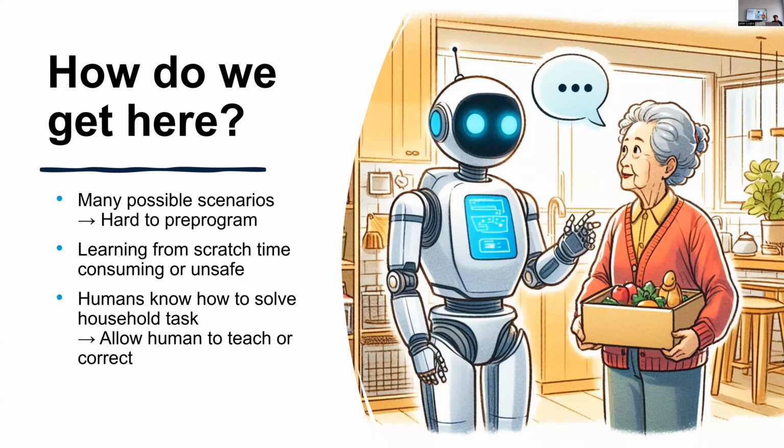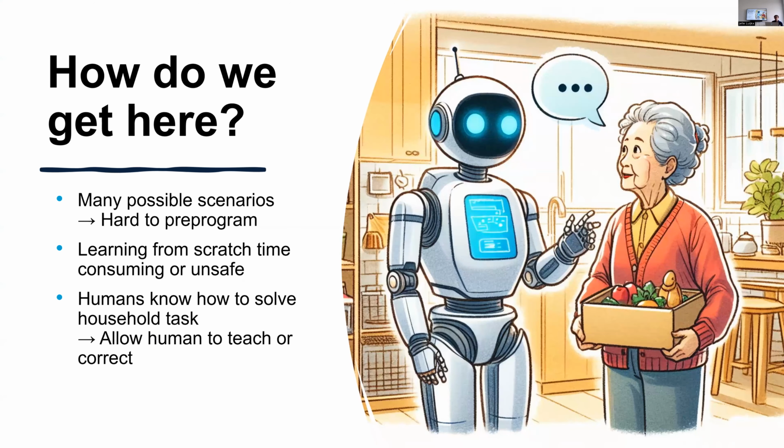So in the industrial setting, the environment is usually structured and it's just a repetitive task. But ideally, we would like robots also to be able to be valuable in these unstructured household scenarios. For example, being able to fetch something or to cook or to do the dishes. And as Jens said already, this is very hard to pre-program. So therefore, ideally, we also would like these robots to be able to learn and also to maybe specialize in certain things or learn new skill sets.